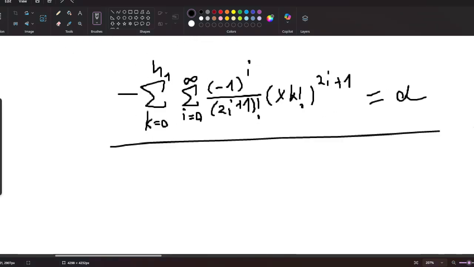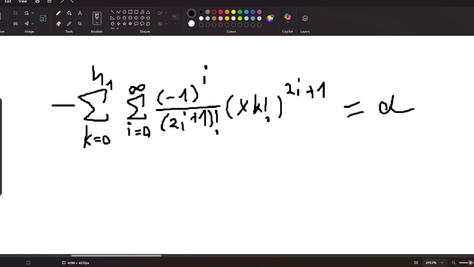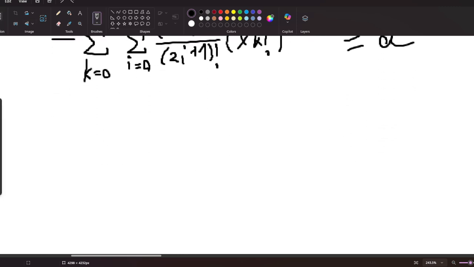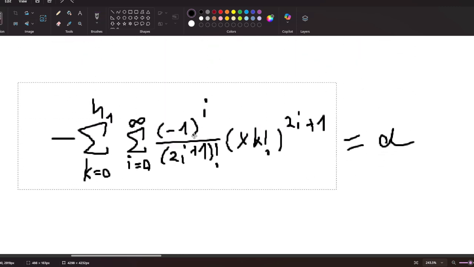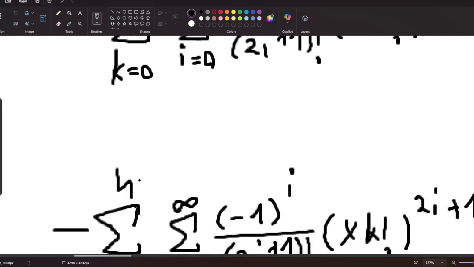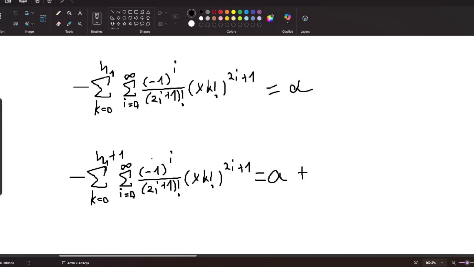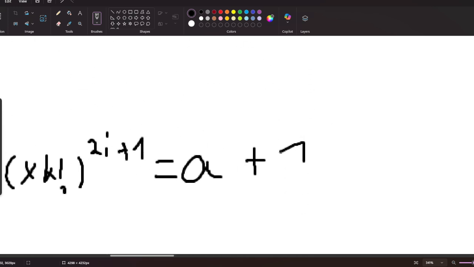Well, if we were to go ahead and pick some n2, and let's pick that n2 just n1 plus 1, it's going to be a plus this Maclaurin series from 0 up to infinity,